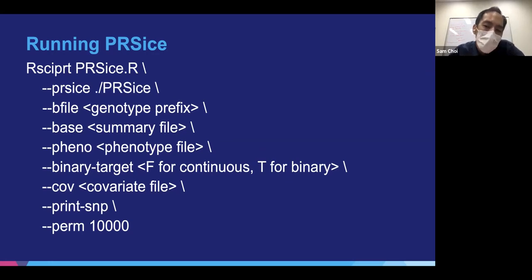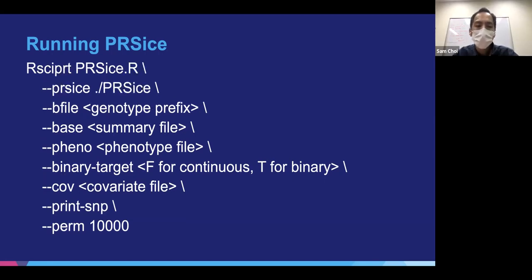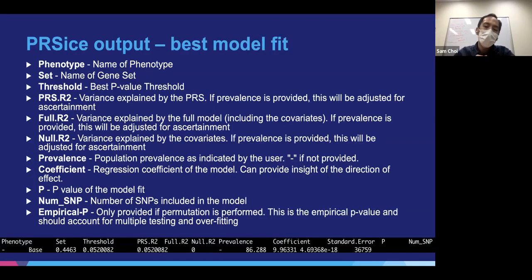If you want to get the plots, all you need to do is use the R script instead. Sorry, misspoke, it should be R script, not Rc. Yeah, PRSice.R and then --prsice, and then tell us where the executable is, and all the other commands are identical. Now, one of the most important outputs from PRSice is the .summary file,